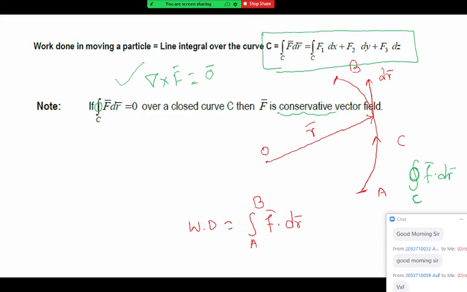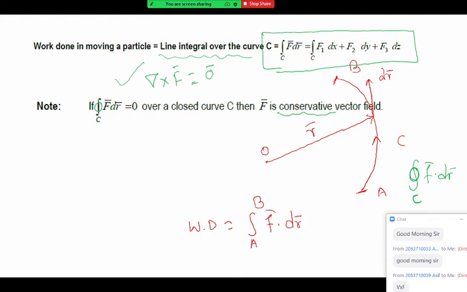If you don't want to go that way, you can select one closed curve, and on the closed curve you can prove the work done over that closed curve is 0, hence F bar is conservative. So this is an alternative way to prove the force is conservative. Whatever this integral we have, F bar dot dr bar on the curve C, this is known as a line integral. This is a line integral of the function F bar over the curve C. So we are integrating that function only over the curve. So for all line integrals we are integrating in a parametric form.